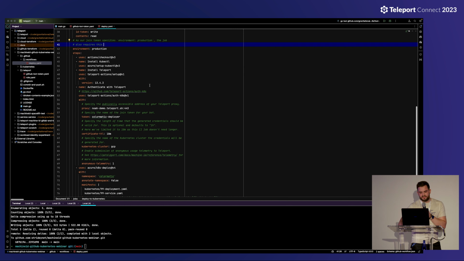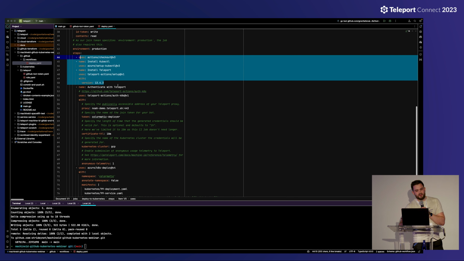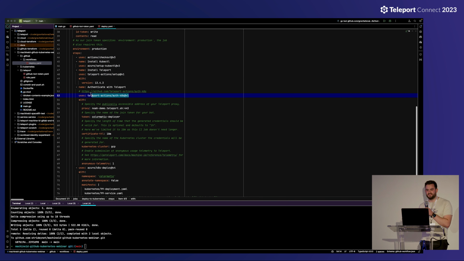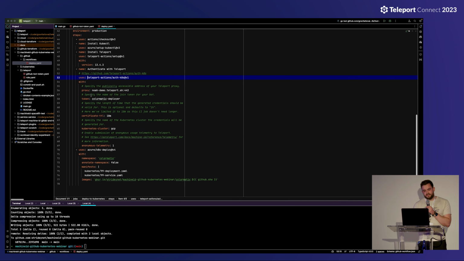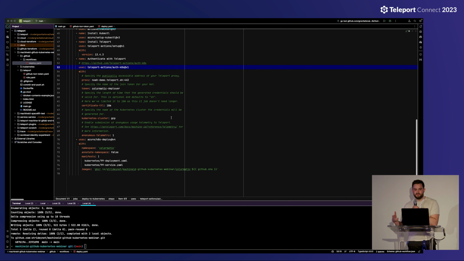The workflow starts off by installing all of the necessary tools, and then calls our off-the-shelf teleport-actions auth-k8s GitHub action. You don't have to use these actions, but they basically are a thin wrapper around the tbot binary and configuration file, and just helps make it more natural within a GitHub Actions flow. You can see we specify the name of our proxy, as well as the name of the token that we wish to use to connect. We've set a super short TTL here. Since we don't expect our workflow to run longer than 10 minutes, we can make sure that those certificates can only be used for 10 minutes. We've specified which Kubernetes cluster we want to generate credentials for. And finally, I've enabled the anonymous telemetry.